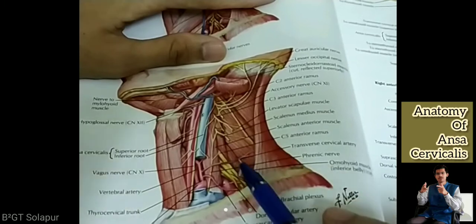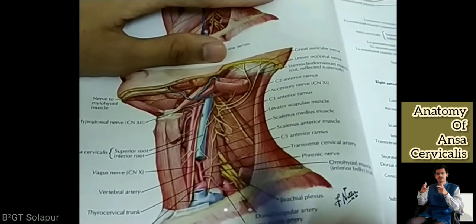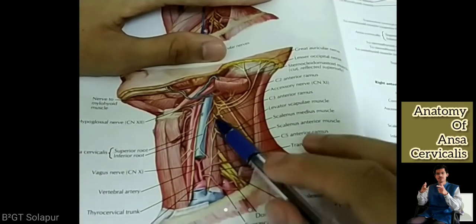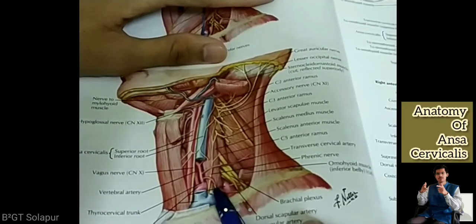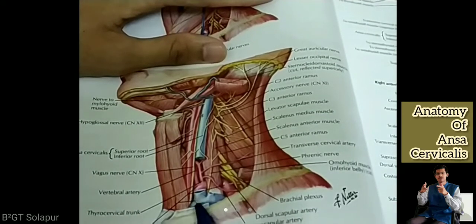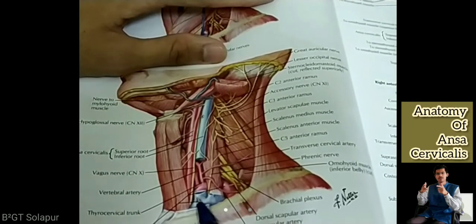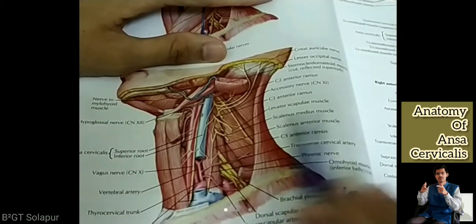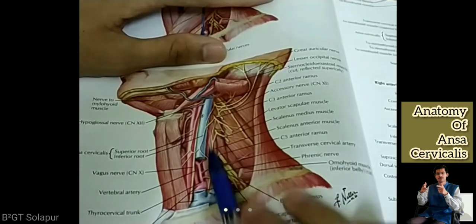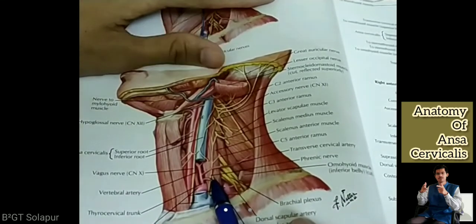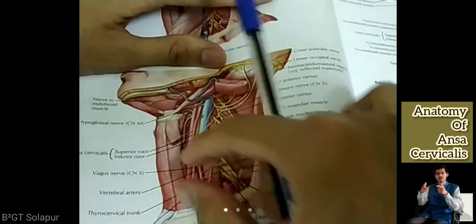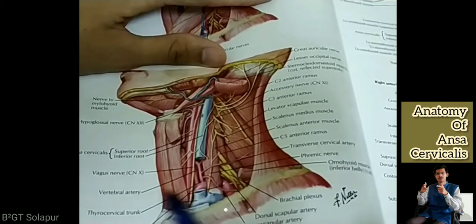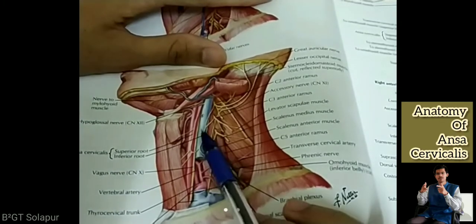If you see, this is the scalenus anterior muscle. Can you see this? This scalenus anterior muscle is coming in between the subclavian artery and the subclavian vein. Subclavian vein was anterior, subclavian artery and these brachial plexus were on the posterior aspect of the scalenus anterior muscle. We saw this yesterday. Now we have also cut this. We have taken a piece out of the internal jugular vein. Why? Because we want to show these arteries. It has nothing to do with the ansa cervicalis.